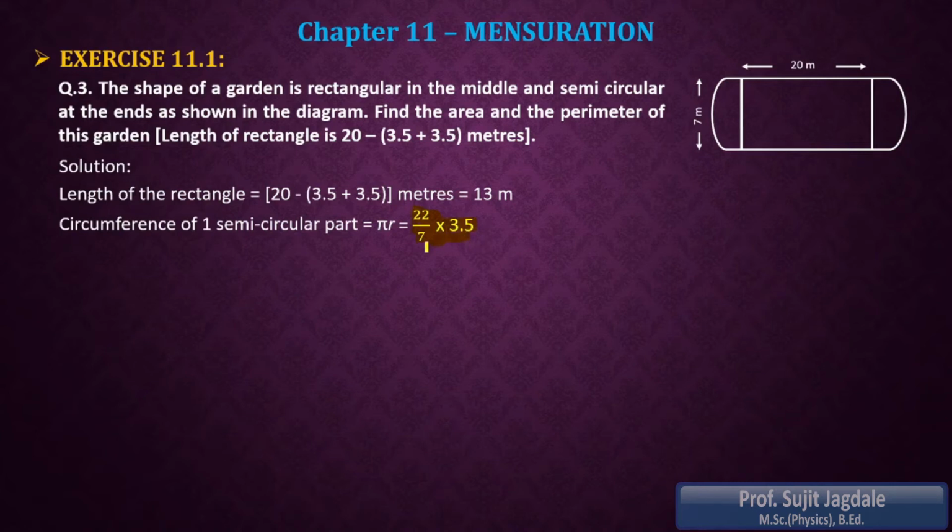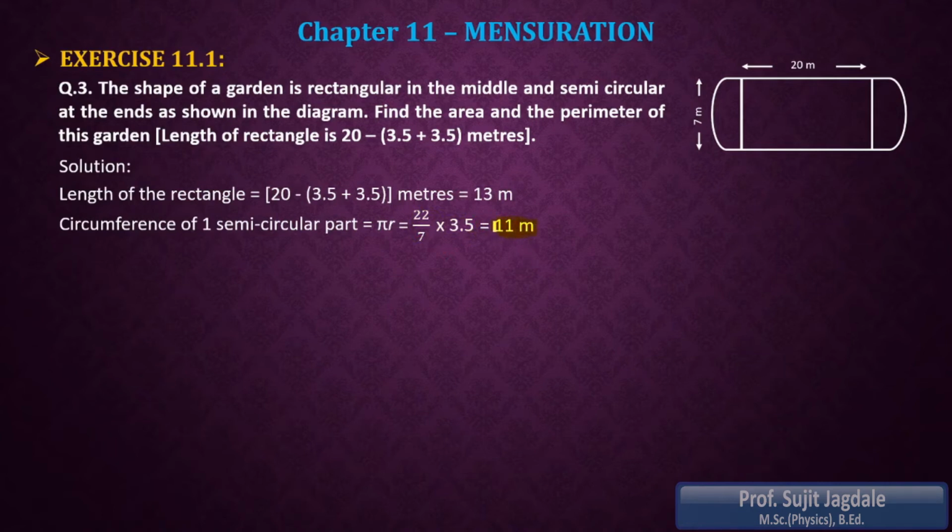Then here we are going to divide now. 7 ones are 7, 7 fives are 35, and the decimal point is there, so it will become 0.5. And while multiplying with 0.5, there is one short trick you can use. When you multiply by 0.5, you have to take the half value, and if you divide by 0.5, you have to take the double value. So here we are multiplying 22 by 0.5, so we take half of 22, which is 11.